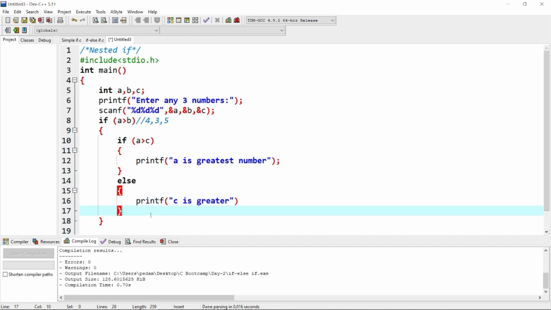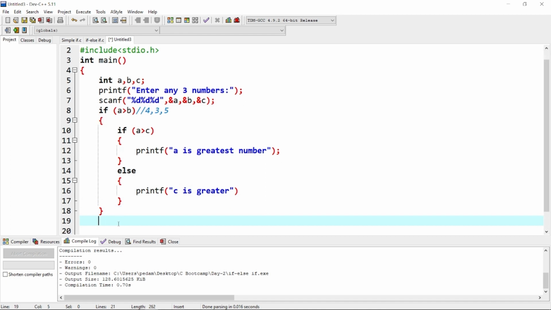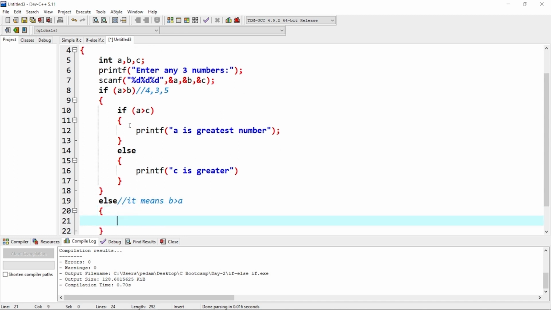So again, after the if, there is a condition where a is not greater than b. That is also a condition. So what does it mean? It means b is greater than a, right? That is a condition here. So again the curly braces. Now what are we going to write? In the else case we are going to print